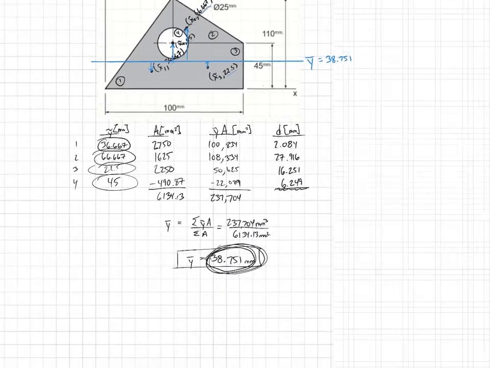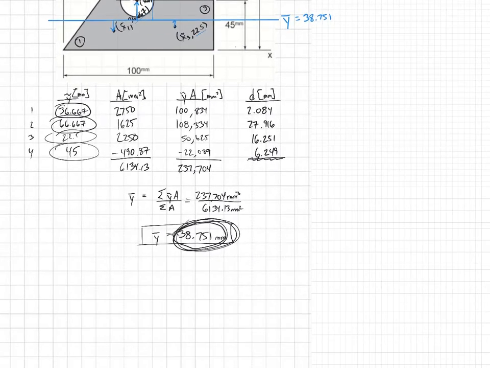Okay, so the next column is AD squared. I'm doing that parallel axis theorem. Now note, I did that before I did IX. You could have done IX first. I don't know why I did it in that order, but I did. So we're going to take this area and multiply it times this squared. Assuming I don't have any errors here, 943. So we can go A times this one squared, and that's the big one,